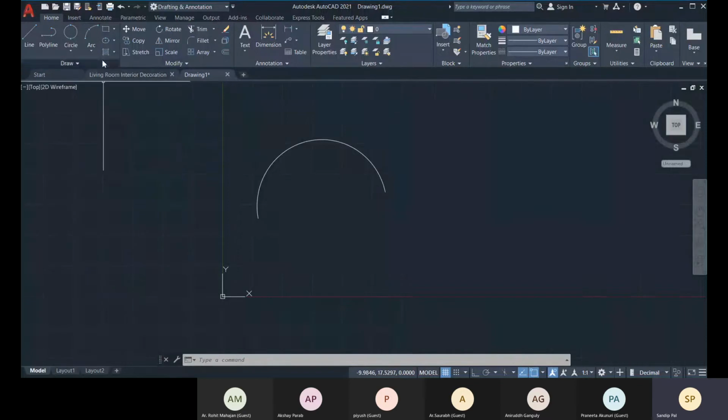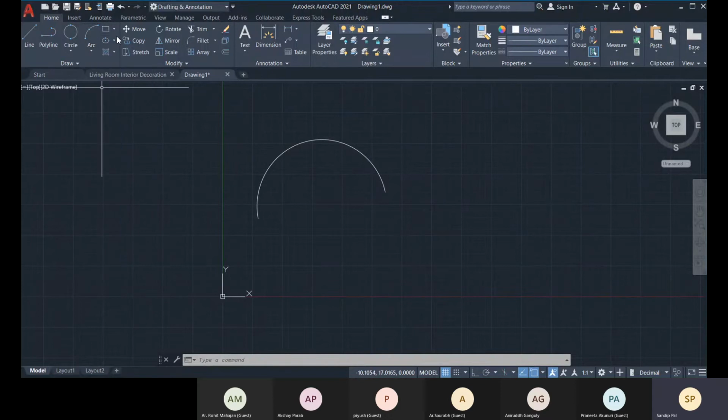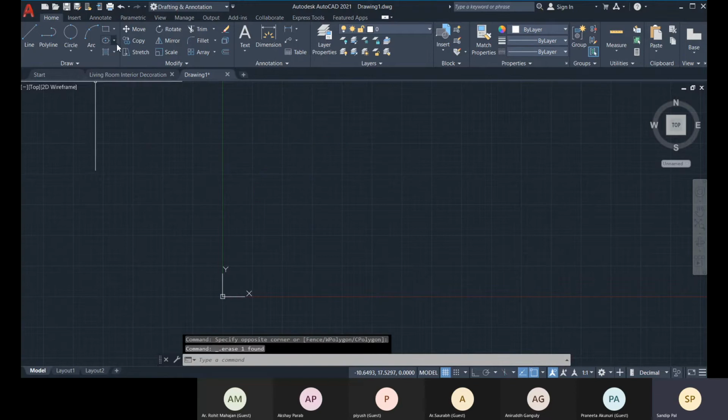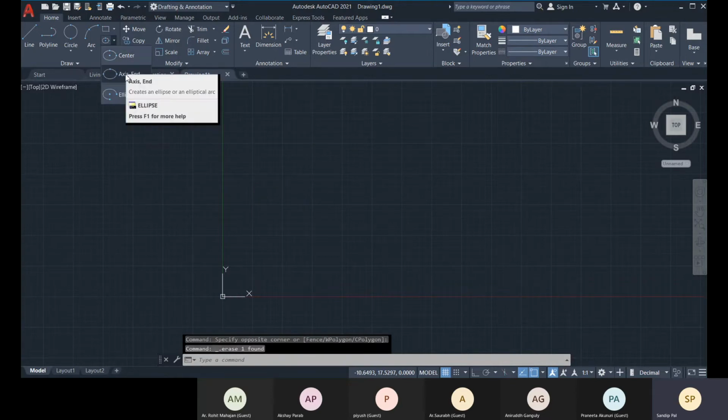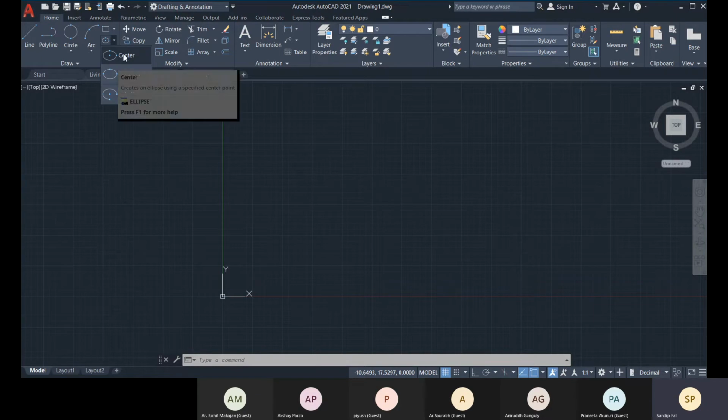Okay, so these arcs are very easy. Now let's go with the ellipse. We have two different ways to create an ellipse, center and axis end, and after that the elliptical arc, which is a different thing.